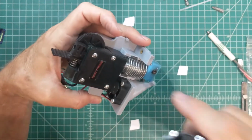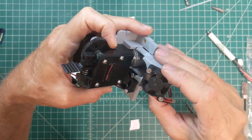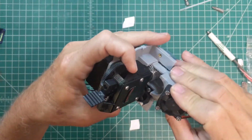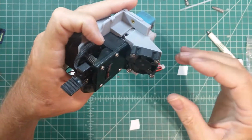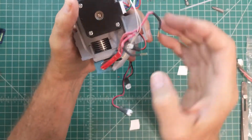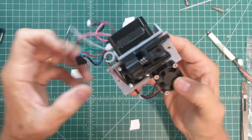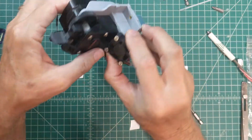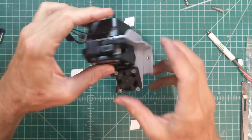These long ears go around the cooling fins there. It's a little bit of a snug fit, but if you get that lined up just so, that should slide on a groove all the way back. Might get a little click as it goes into place. If not, you can turn it around here and just push those tabs out. That's all that I'm using to hold that in place, no other screws. So again, we're blowing air through here, down around the fins of the hot end and out the back. Okay,